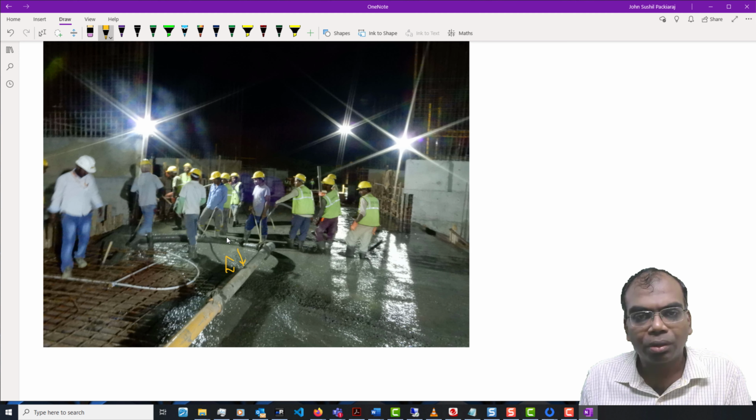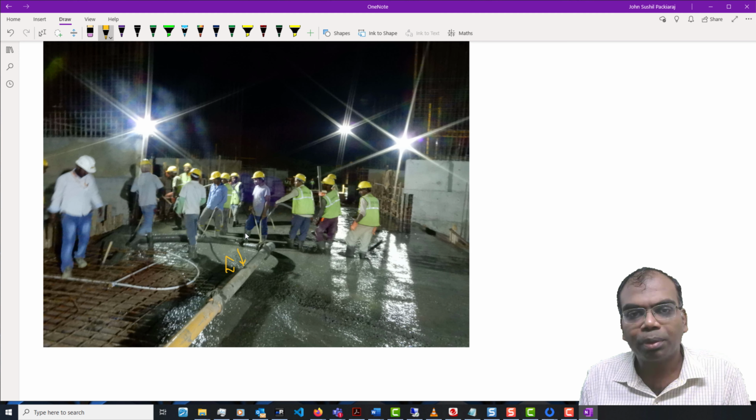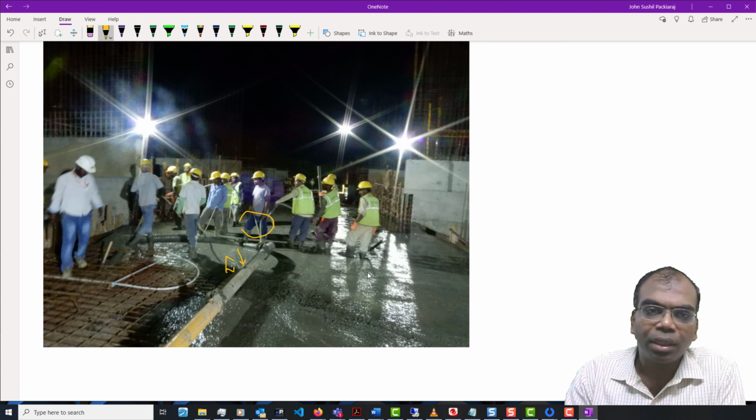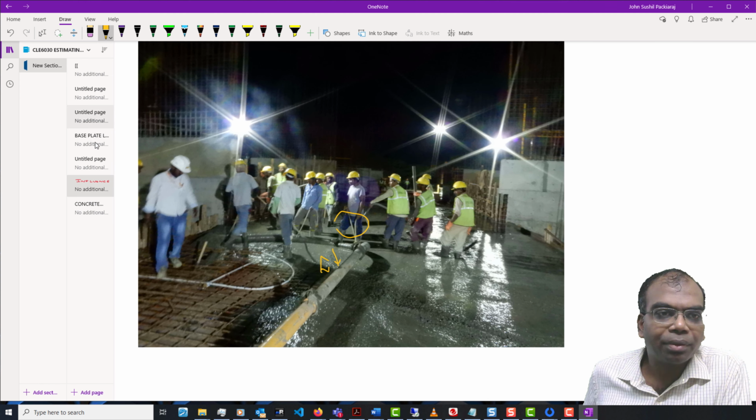You are pumping the concrete, so transportation of concrete has not required any people, but for spreading the concrete, all of these people are using these ropes so that this pipe can be moved to a particular position. Now again you look at the calculation for 1 cubic meter which we worked out.